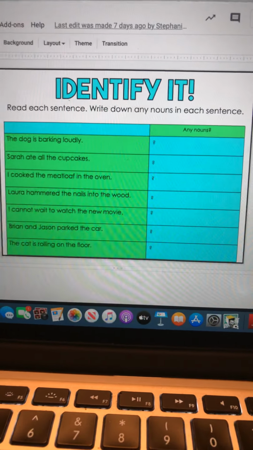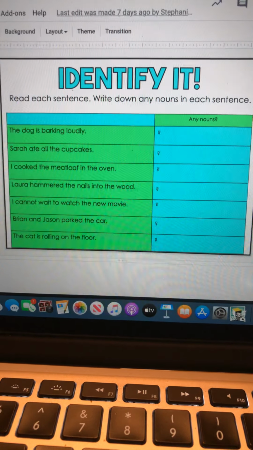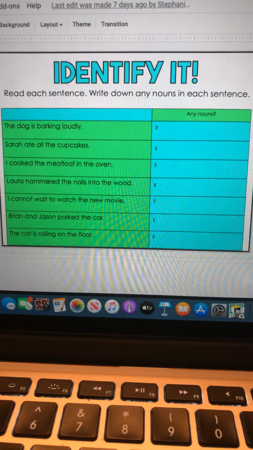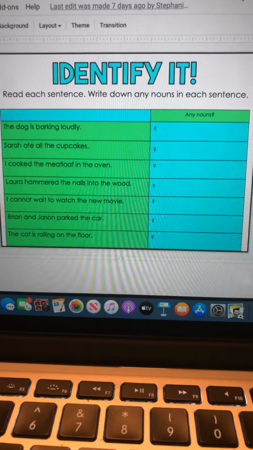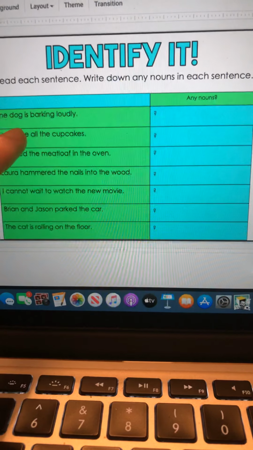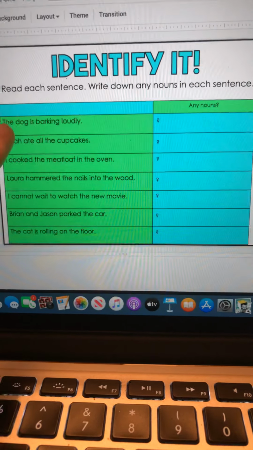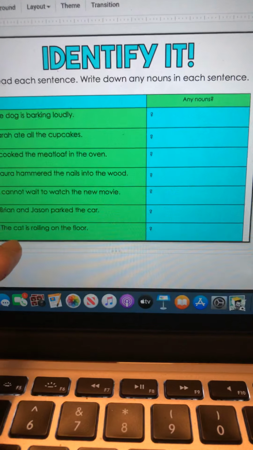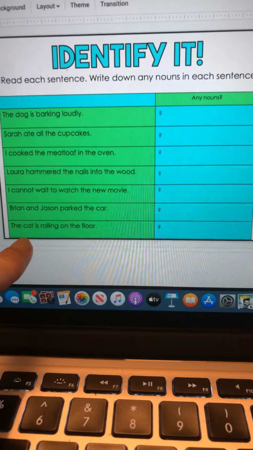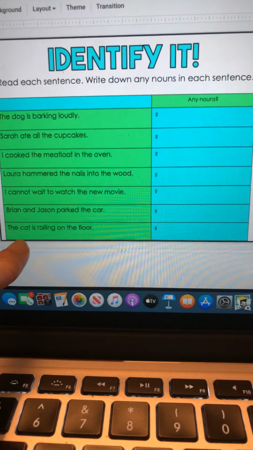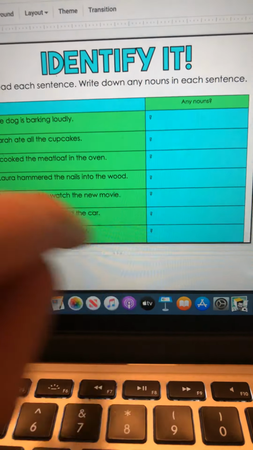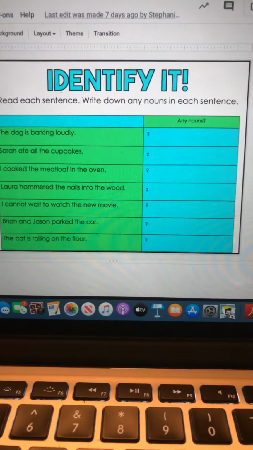All right, for the next slide, you have to identify it. Read each sentence. Write down any nouns in each sentence. All right, so on the left side, they have sentences. I'm going to read this out loud to you, and as I'm reading, you have to identify what nouns are in the sentence, and then you're going to write or type those nouns in the right side of the row.